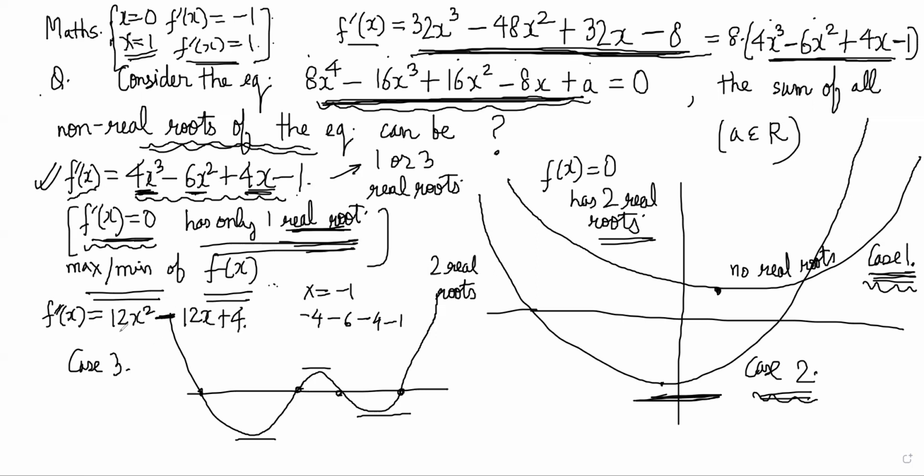And at points between 0 and 1, this value is positive. So it is a minima. Between 0 and 1, any value, if you take 0, you get 4. If you take 1, you get 4 also. So f double dash x